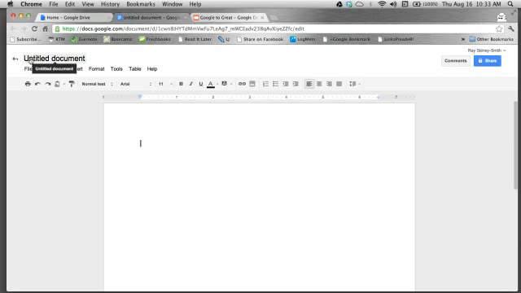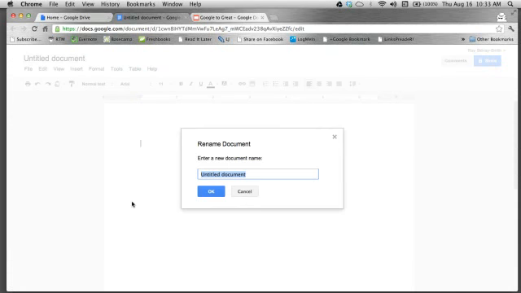So first and foremost, if we come to the untitled document, I like to immediately go ahead and title the document, because if I have to step away from my computer and I forget what I was working on, I'd have hundreds of untitled documents sitting in my Google Drive account. So I don't want it to say untitled document. Here we are. It gives us the ability to rename the document,